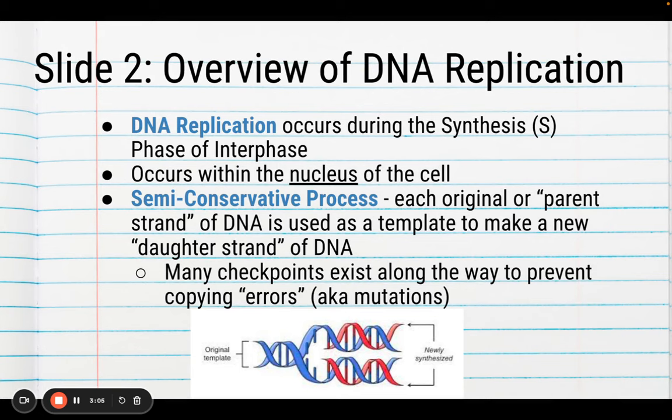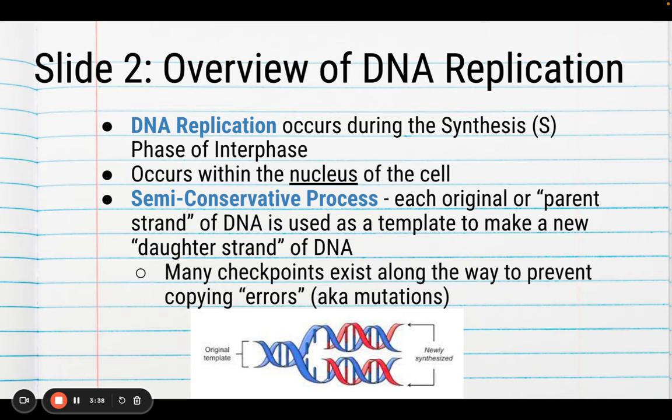You'll need to remember the different structures of DNA that we talked about in the first section of video notes. But let's break down some major parts. First, DNA replication, as you guys know, occurs during the synthesis phase of interphase in the cell cycle. It occurs within the nucleus of the cell as that is where DNA is kept safe. We say this is a semi-conservative process. What that means, as you can see in this image right here,